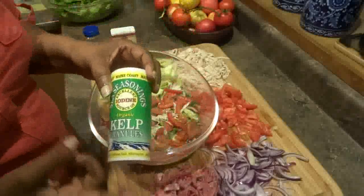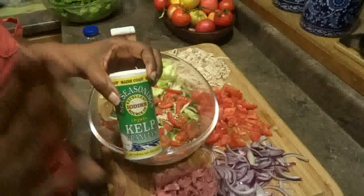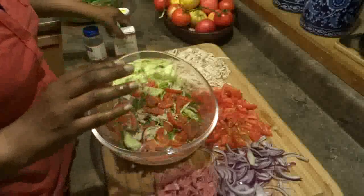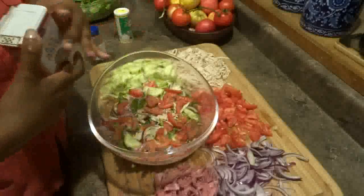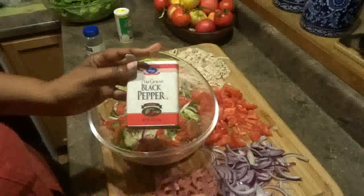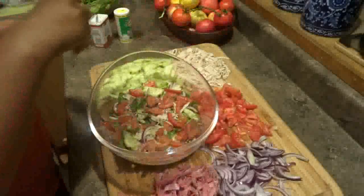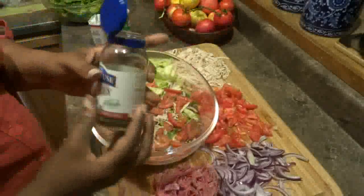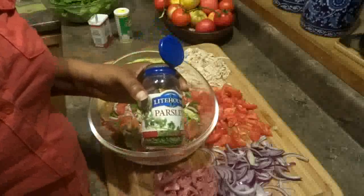So you want to have this in your diet when you have a blood pressure problem, because we want to get minerals anywhere we can, because high blood pressure actually comes from a lack of minerals, besides stress and other things like that. So black pepper, as I said in another video, I like the taste of black pepper, so I'm going to just add a little bit here. And again, here is my parsley. Always, if you can, keep parsley in your diet, because